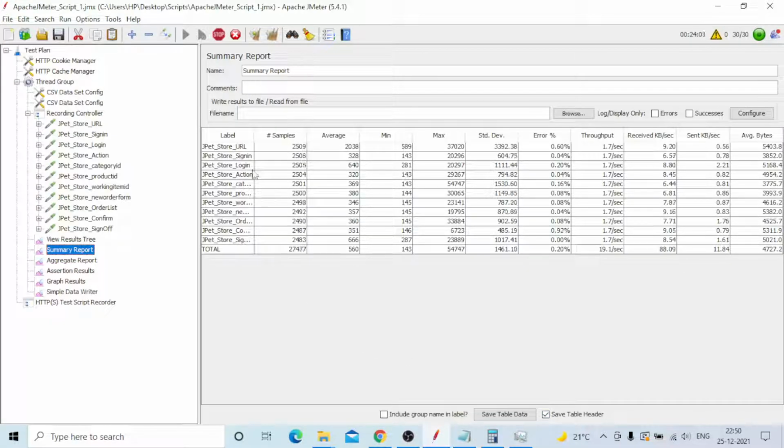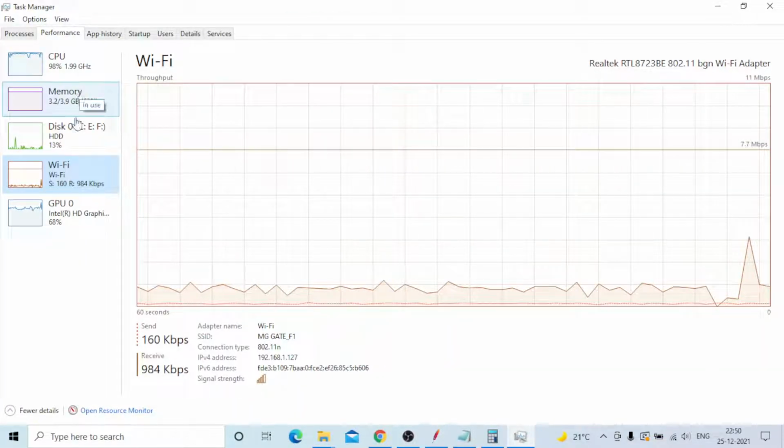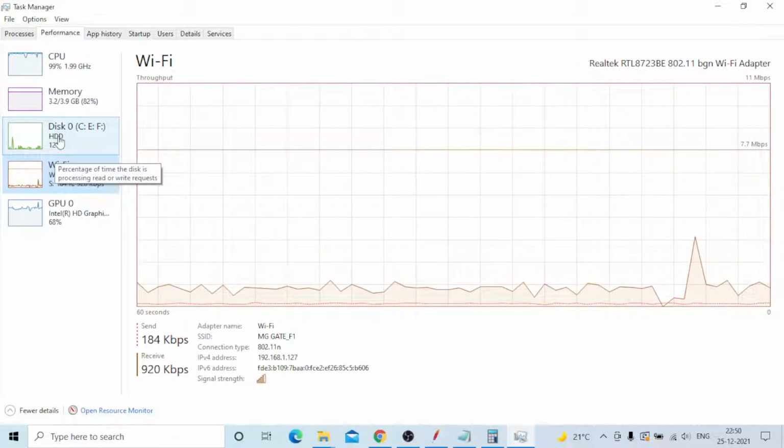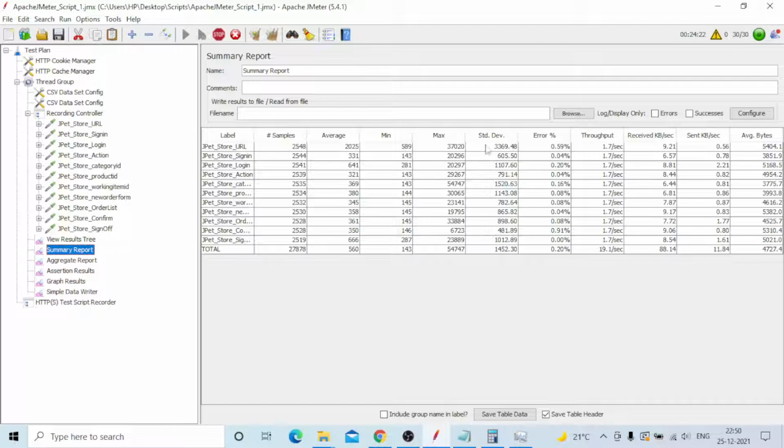On the tool side, transactions, average response time and throughput are very important, and sent bytes and received bytes are important. On the server side, CPU, memory, network, disk. CPU, memory, network, disk are important. And whether the SLA is reached or not. From the SLA point of view, errors are important. SLA means the transactions, how many transactions in total. SLA is only of two types.